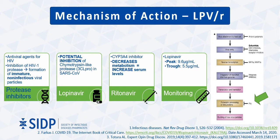Kaletra is an antiviral agent for HIV, including post-exposure prophylaxis. It works by inhibiting the HIV-1 protease, leading to the formation of immature, non-infectious viral particles. It is rarely utilized in HIV in the setting of one-pill regimens and increased safety and efficacy with integrase inhibitor